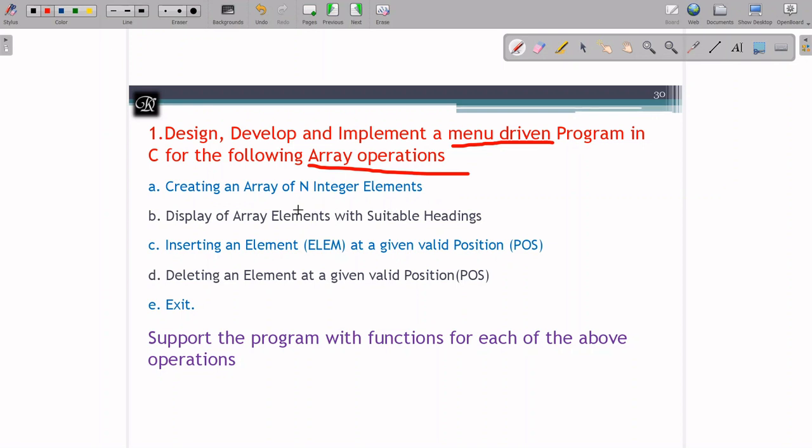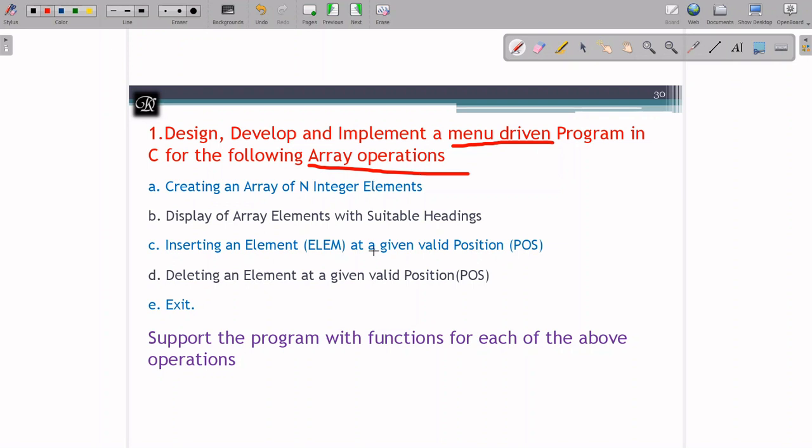First, we have to create an array of n integer elements, display of array elements with suitable headings, insert an element called ELEM at a given valid position POS, delete an element at a given valid position POS, exit. These are all the 5 operations our menu-driven program should support on array operations.